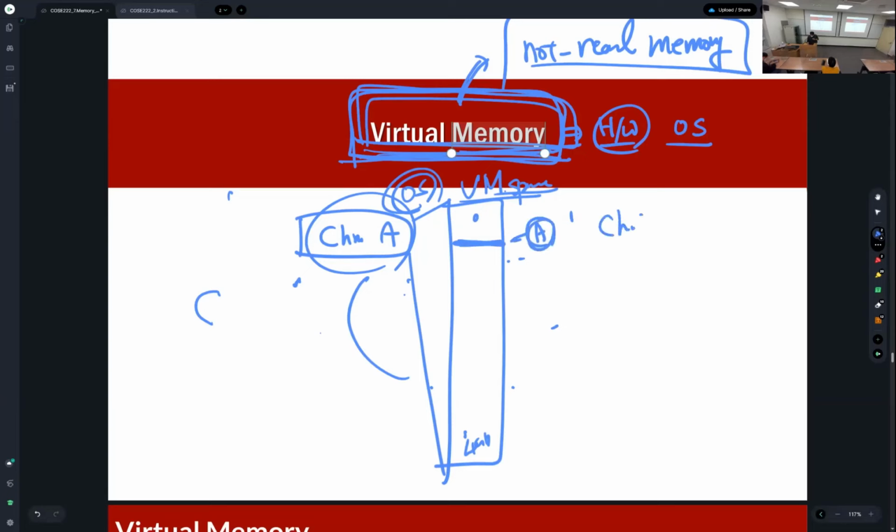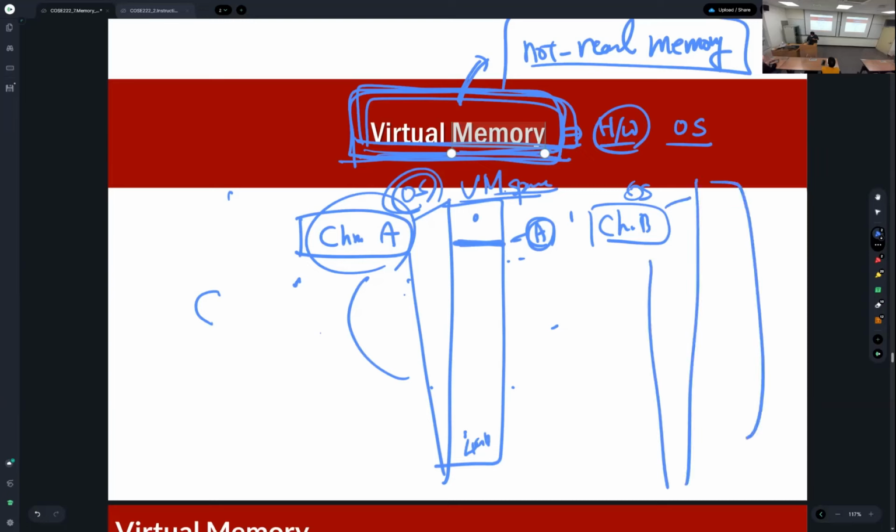And then the Chrome B is a different process. The operating system also provides the virtual memory space, like 4 gigabyte. And then this Chrome B also accesses this data using the address A. But I said, this data is different. So even though the operating system provides this virtual memory space, and using the same address A,